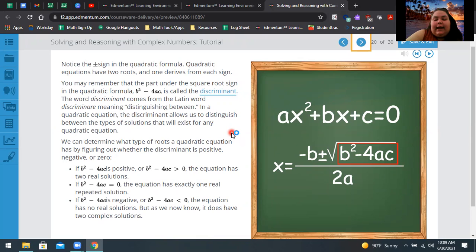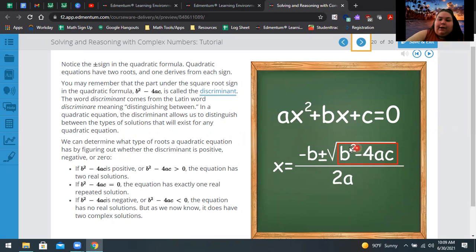Remember, we can have either one solution, two real solutions, or two complex. Before we used to say no solution, but no solution gets swapped for two complex. And you can see on the right-hand side we have our quadratic formula,